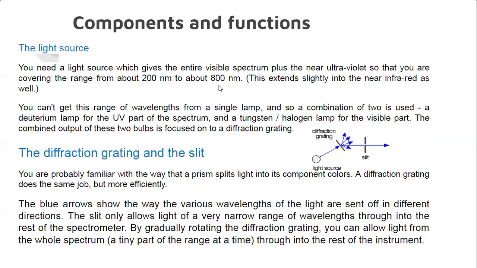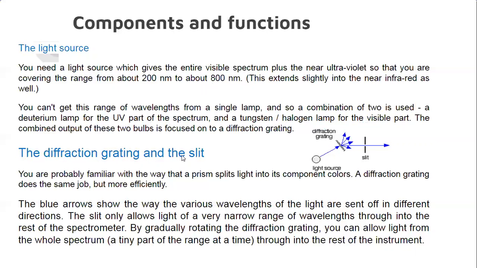If you want to examine your sample in the ultraviolet range, then the source will be replaced with a hydrogen lamp or deuterium lamp. If you want to examine your compound under IR radiation or infrared radiation, then you need to replace that light source with the Nernst glower. Thereby we can get different ranges of electromagnetic radiation, with the help of which we can analyze our sample. So the selection of the light source depends upon our requirement.